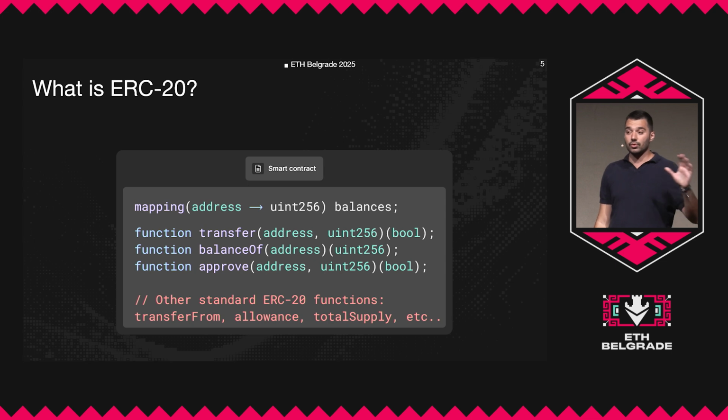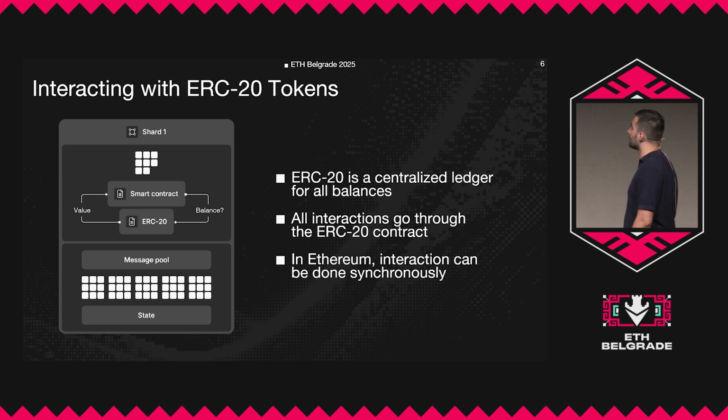We also have the role of the admin, who is the one who created the token and can mint and burn. All of this looks and works extremely well in Ethereum, mostly because if I want to interact directly with the ERC20 token, I can send a transaction and execute something. But also in Ethereum, contracts can talk to each other. And how can I do that? I can do that by having sync calls.